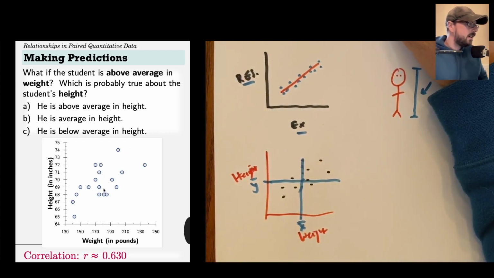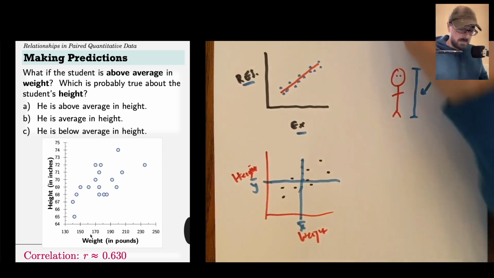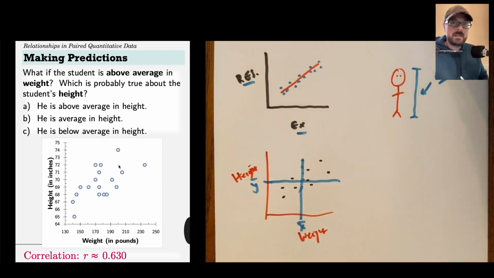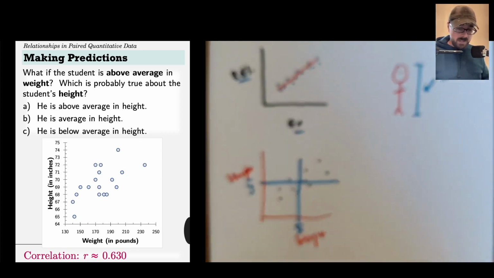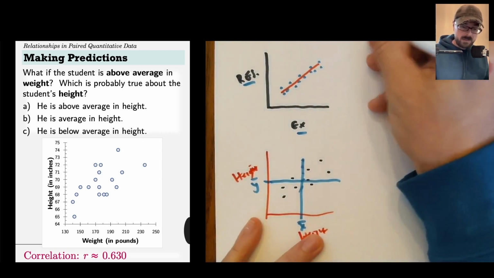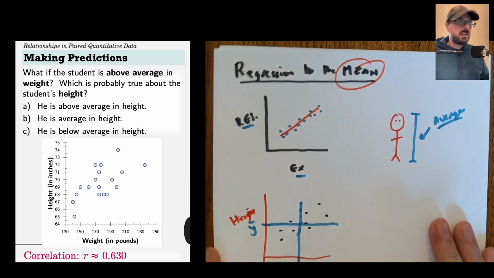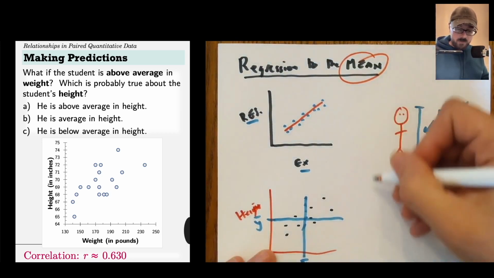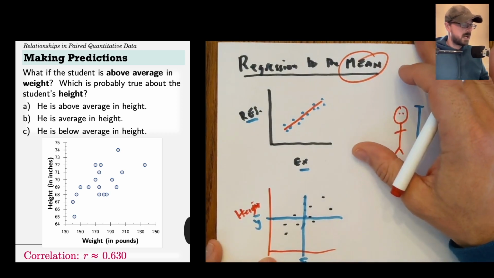And in this scatter plot, we see something that kind of looks like the student I estimated right there. It seems like average would probably be right around here. Most of these folks who are above average in weight are also above average in height. So that's a pretty reasonable guess. And notice that all of our predictions, all of the things that we're saying, really were going back to the mean. We were regressing to the mean. We always go back to the mean. The mean is sort of our focal point in making any type of prediction.